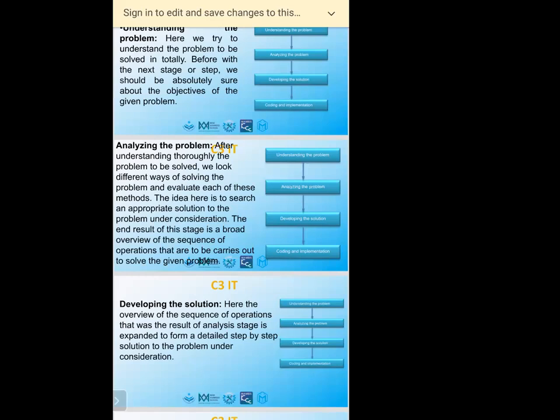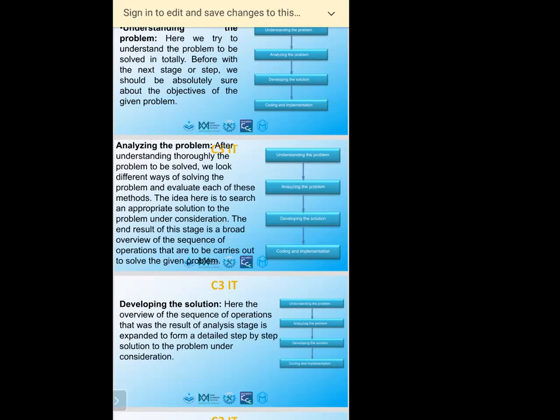Analyzing the problem is, okay, what are the reports you want? They will say, I want the purchase report, the sales report, the turnover details, the everyday stock report, and every day I want the list of items I have to purchase. Every day I also want the expiry item list, what items are expiring. Okay, these are the things you want. What input will you give? I will give all the daily purchase details, and whenever they are selling, I will enter all the sales information. They will guide you. That is called analyzing the problem.